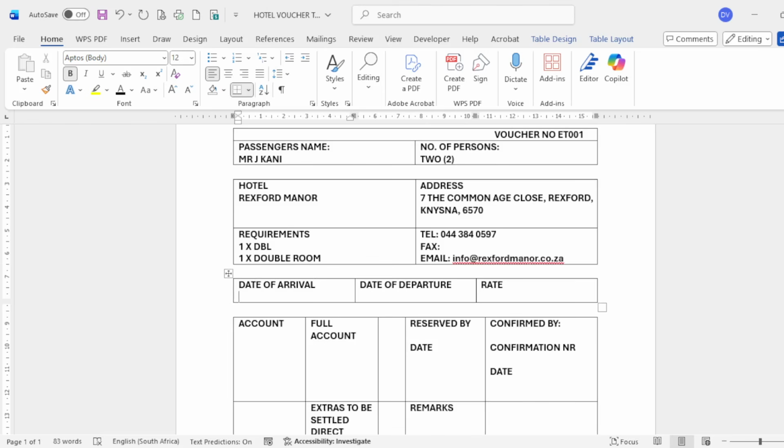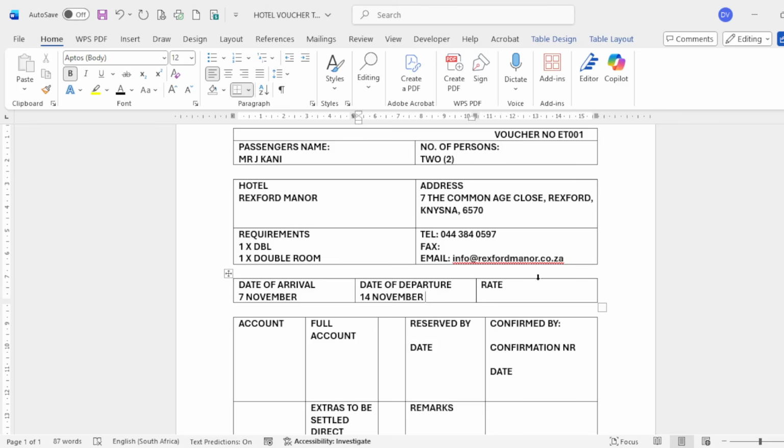Right. Next one was the date of arrival. So the question said to us that they will be checking in on the 7th of November. So you fill in your date of arrival. And they will be checking out on the 14th of November. You can write out the name of the month, or you can just write the abbreviation or the code, NOV. You can choose, you'll get your marks for that.